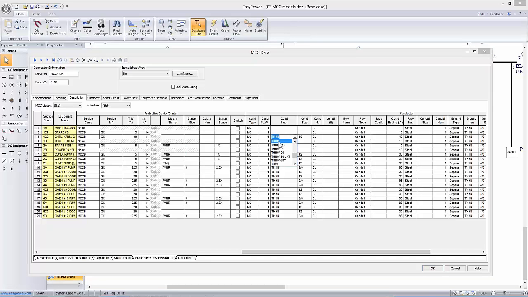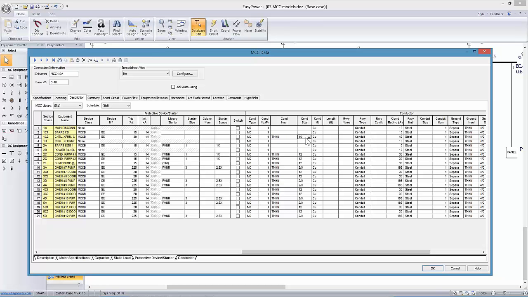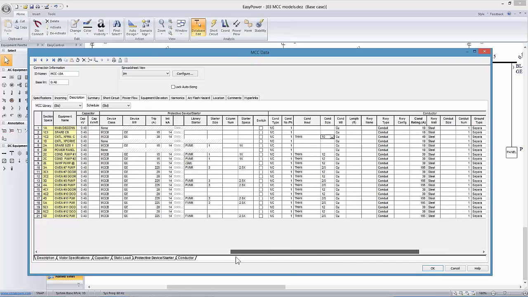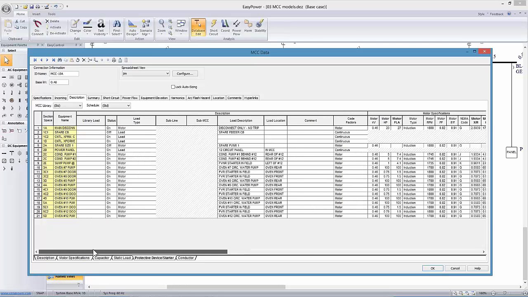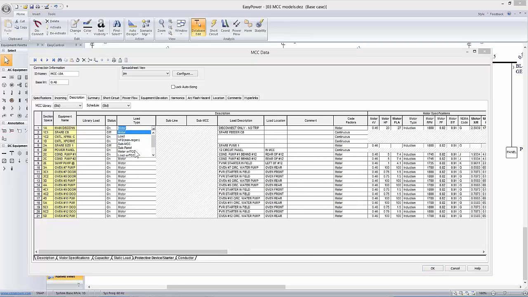So we would designate, by default we've set up THHN, we designate whatever we're using as our insulation, whatever conductor size is required for that size motor, the length, and then the conduit and the neutral size. For anything that's off system, in other words, a subsystem, a sub-MCC, or a sub-panel, we would,